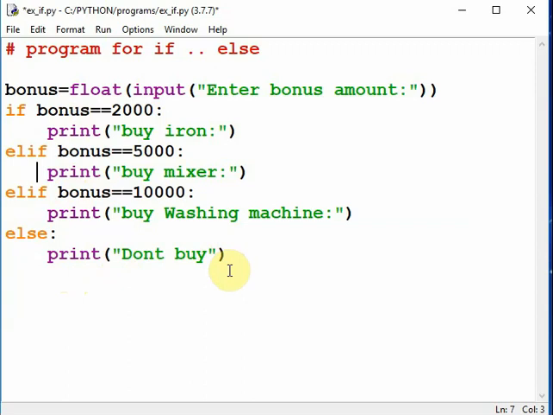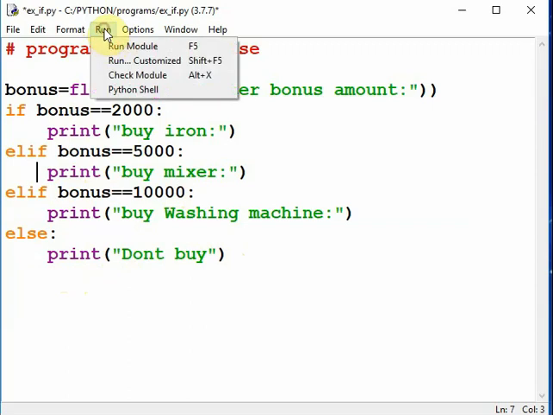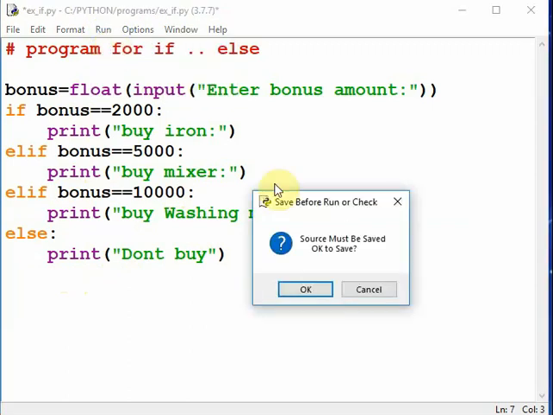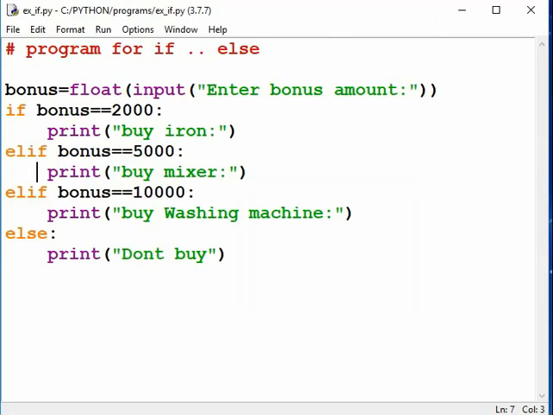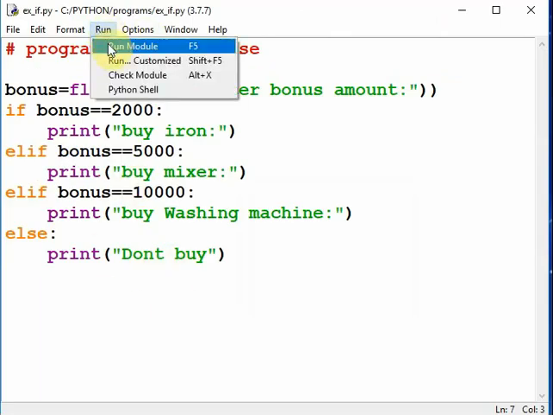Okay. So I will execute this program by run module. Enter bonus amount, 2000. Enter. Output is buy iron. Again I will execute.